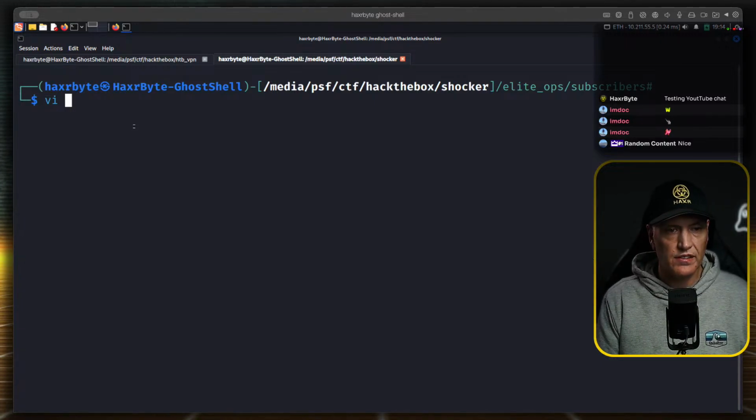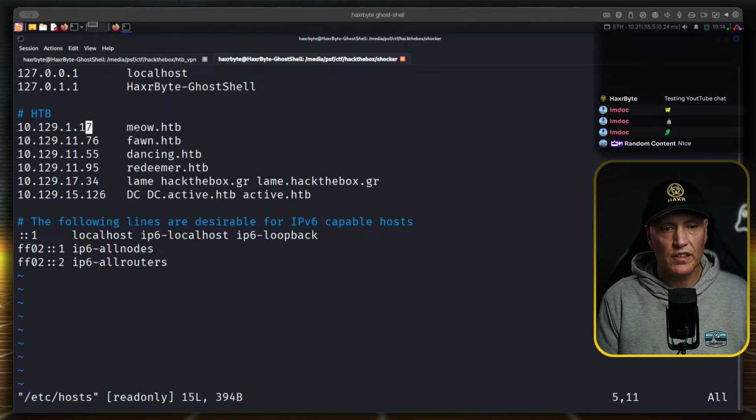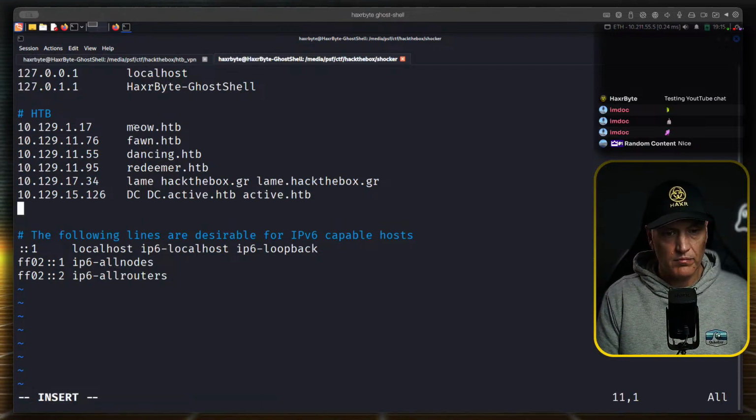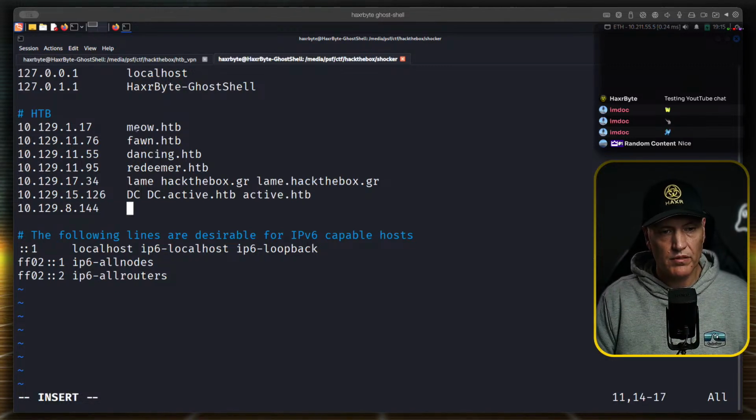So how we do that is we edit the hosts file. I use vi. You can use any editor you want. Just add a new entry there, paste the IP address, tab, and then shocker. Oh, can't spell shocker.